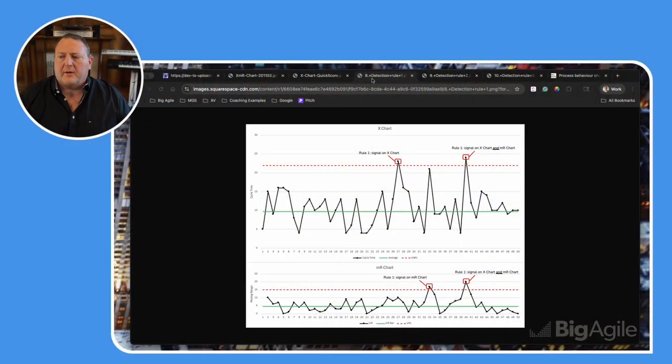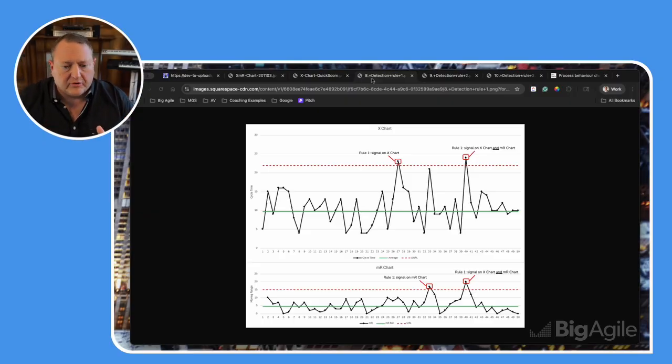So we're going to follow 3 rules when we do this. The first rule is any point that is going to be outside of our limits. So here's rule number 1 that we're going to look at in our charts. We have our regular noisy data, but you see 2 of these points that are outside of our upper natural processing limit, which is breaching rule number 1, something we would want to look at. Now, they're just 2 single points here, but they have occurred pretty close back to back together, so it's probably something we wouldn't look at.